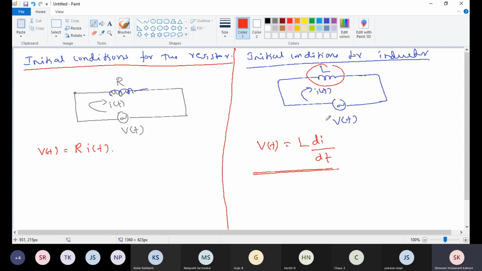Now, the current through the inductor is given by I of t equals 1 by L integral from 0 to t of V of t dt plus I of 0. See here, where I of 0 is the initial current through the inductor. It means before connecting the voltage